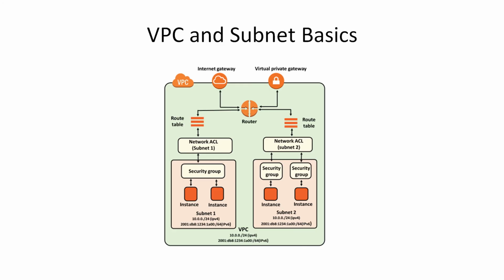I will quickly explain the basics of VPC and subnet. So as you can see, VPC is the virtual private cloud, and inside a VPC we have multiple subnets. You can consider each subnet as an availability zone, and each subnet will have multiple instances created inside it, and each subnet will have a different IP range. Say, for example, subnet 1 has 2 instances, and these 2 instances are attached to a particular security group. After that, we have a network access control list, NACL.